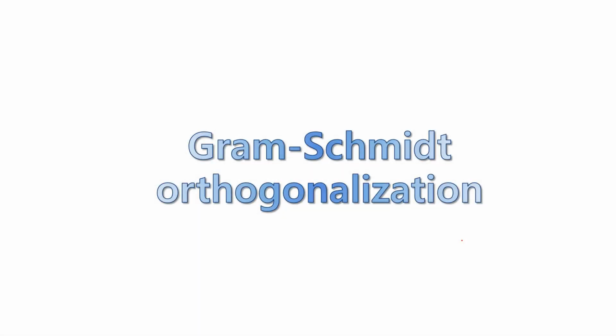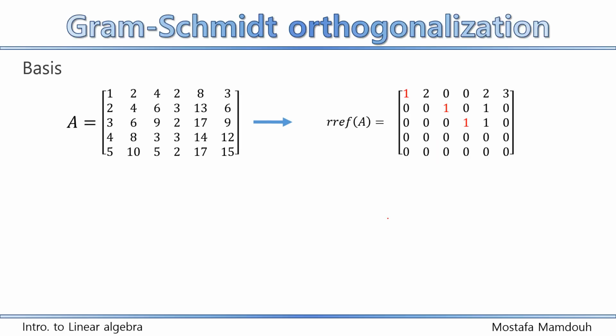In this video, we're going to talk about Gram-Schmidt orthogonalization, or the Gram-Schmidt process. But before we talk about Gram-Schmidt, we first need to know what a basis is, because Gram-Schmidt is nothing but getting an orthonormal basis for a given space. So we first talk about basis, and let us have a matrix A,